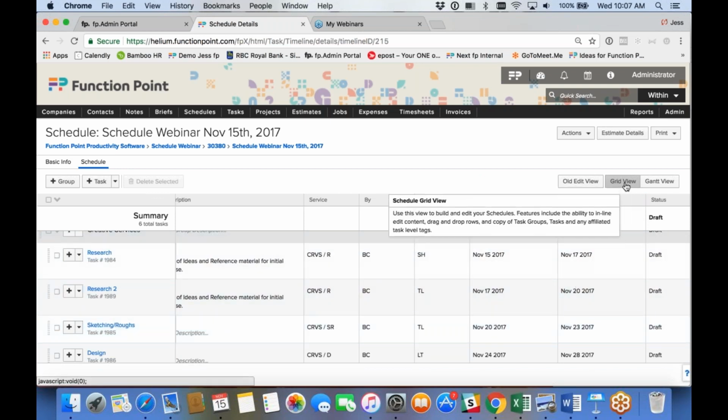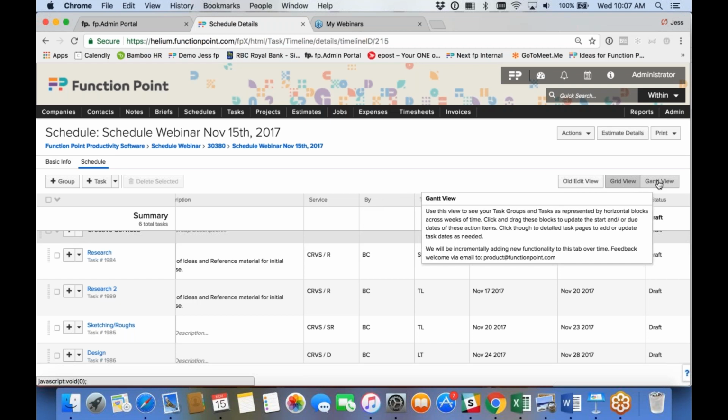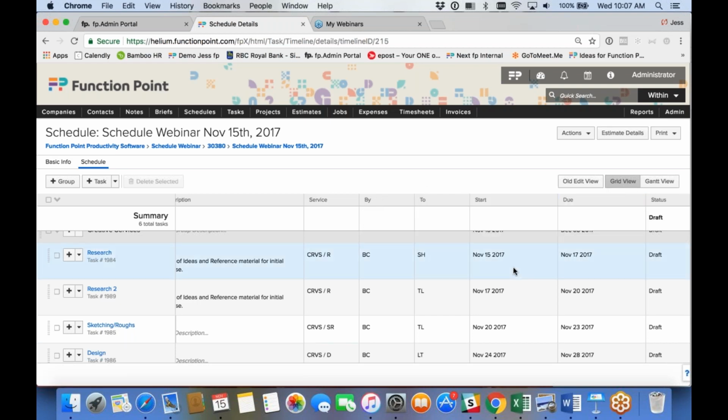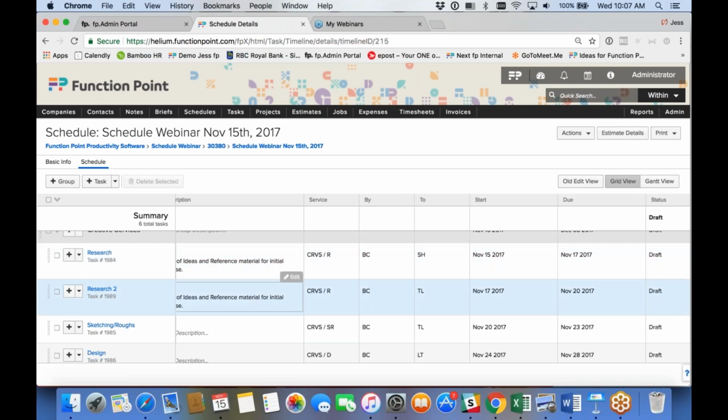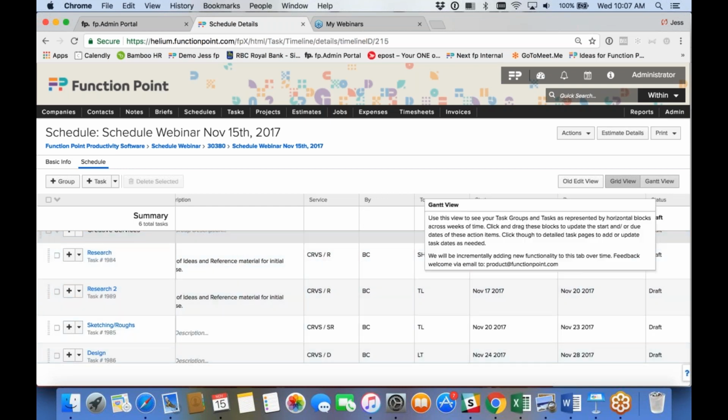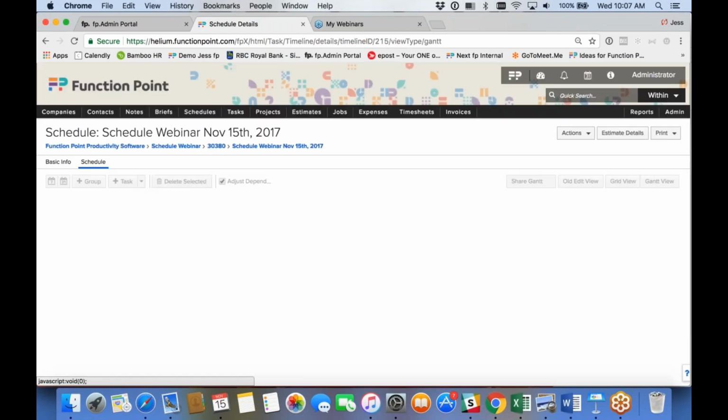You'll notice right now that we're in what we call the grid view. There are multiple views, and each view has different functionality. So we're in the grid view. This is where I, personally, tend to do a lot of my task assignment, the start dates and end dates, any task copying, and any descriptive information that needs to be put in, and that's just a personal preference. But when we jump over here to the Gantt view,